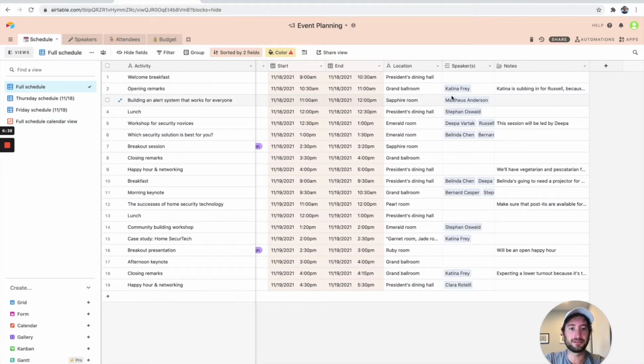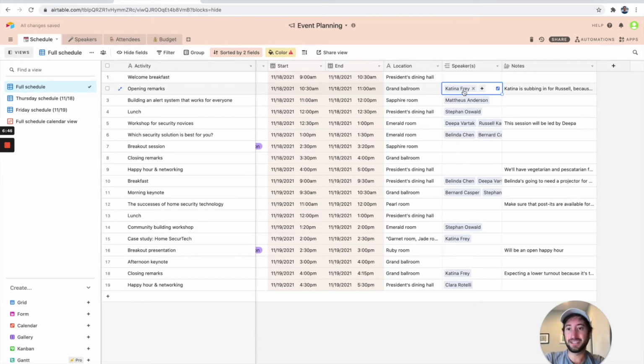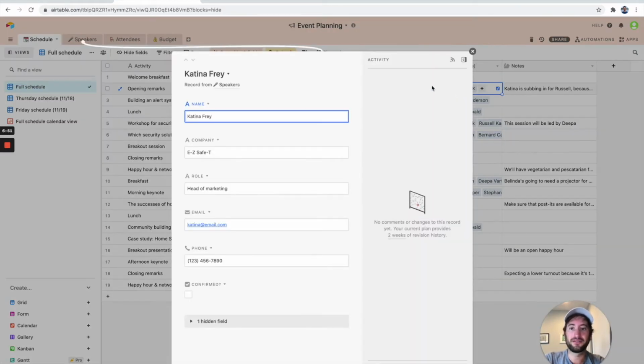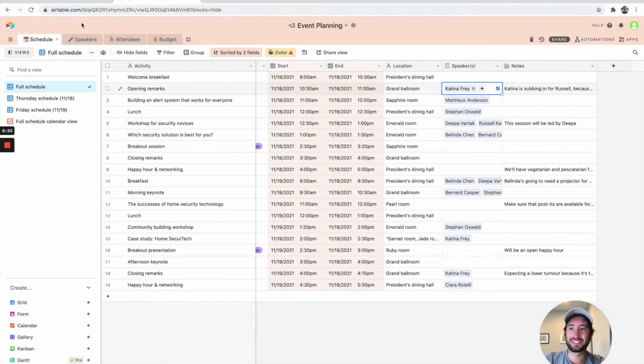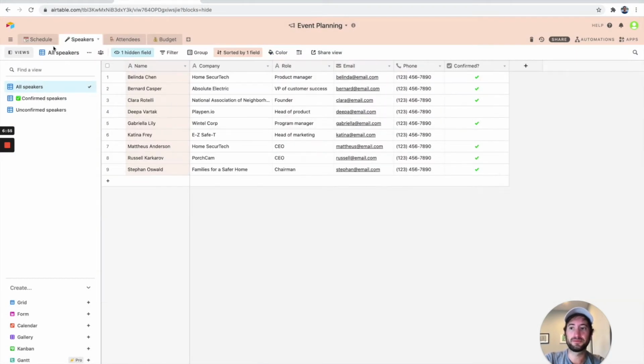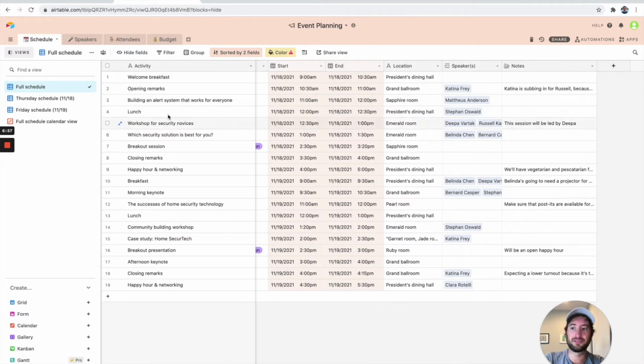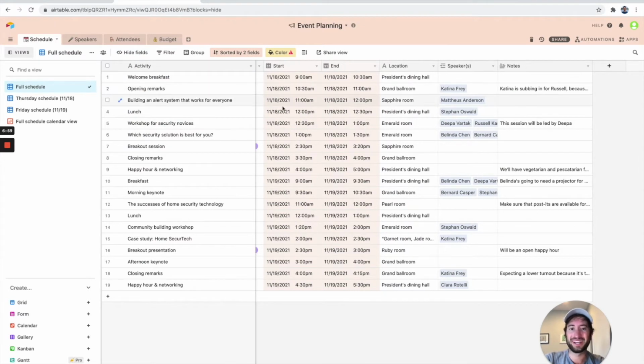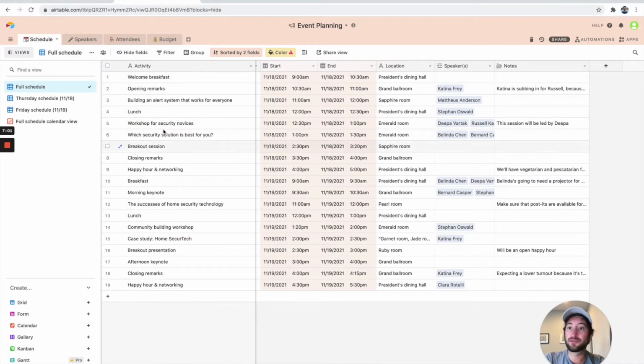Okay, so yes. So here, just to kind of hint at something we'll do later, but just to show you kind of what's possible in Airtable, there's linking between different tables here. So here what we have is we're linking the speaker here. These are all the speakers, and it's being linked to the actual activity. So that's just a way that you can connect data between the